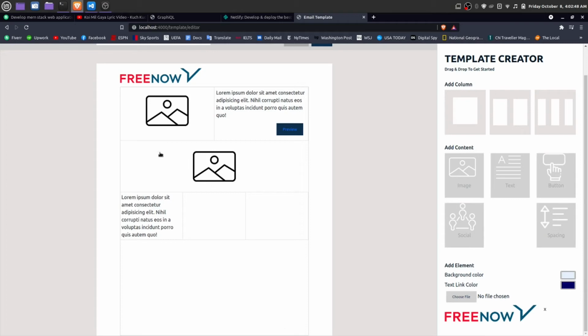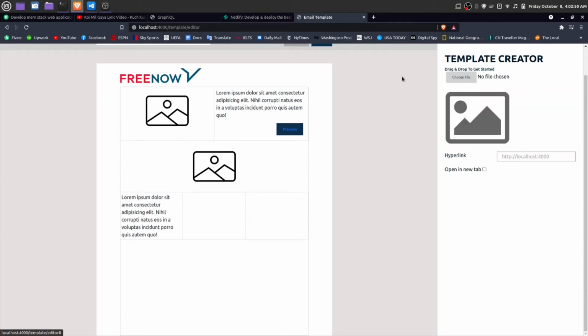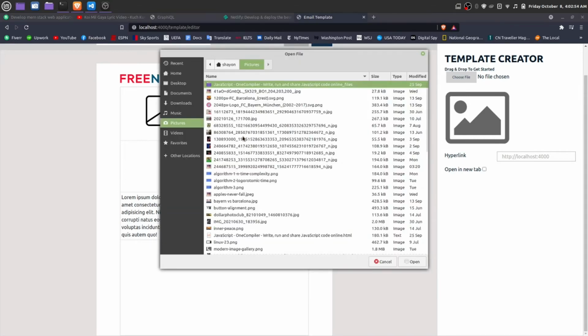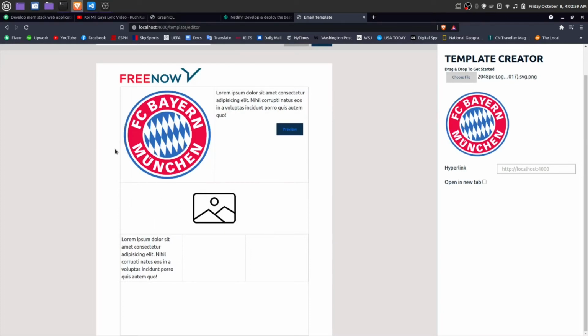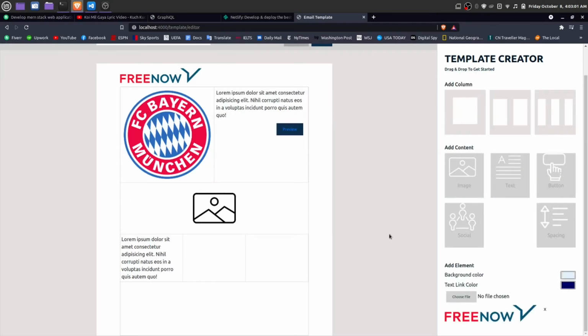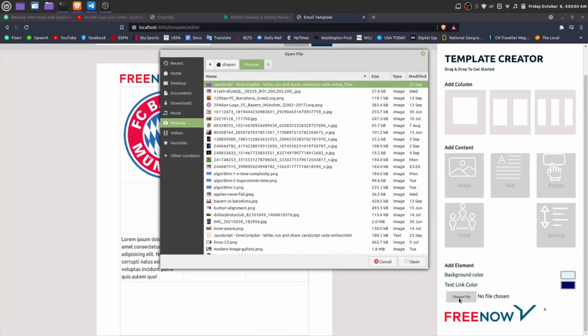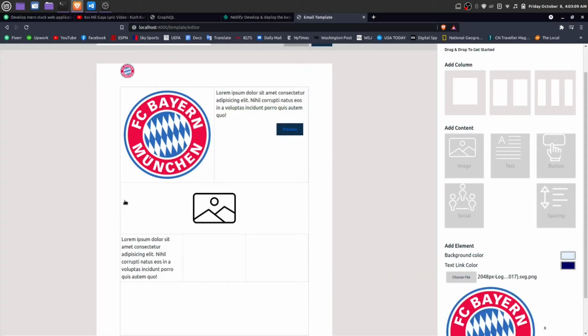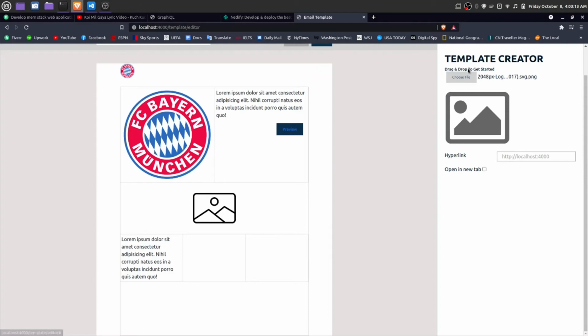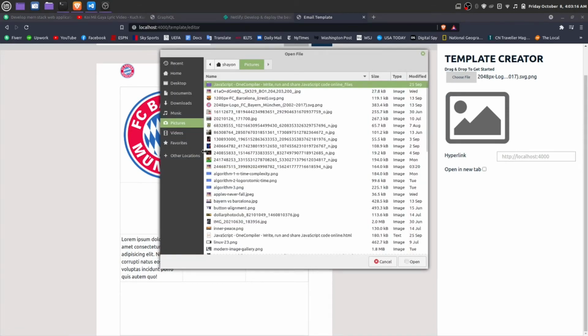And when you want to change the default image, you just need to click on this image, and here let's choose one. I'm just choosing this Bayern Munich, and this is for logo. If you want to change this free logo, you can also change it as well. So let's do it. You see there is logo, okay, and this is image. Let's change it to this one,